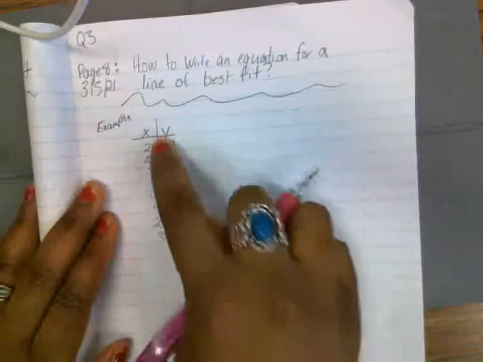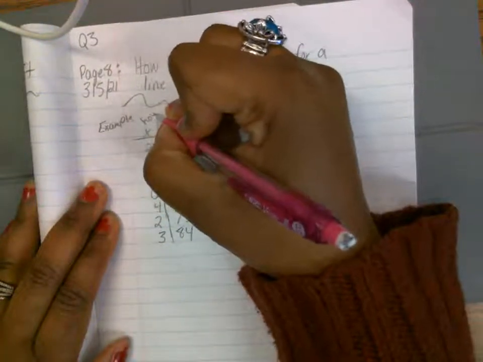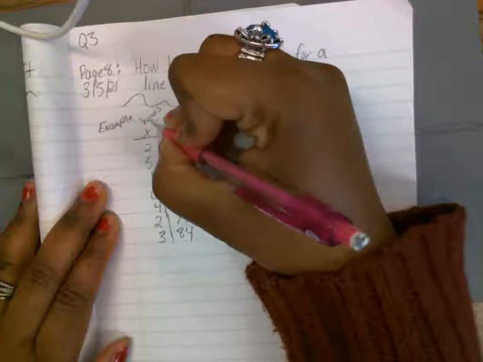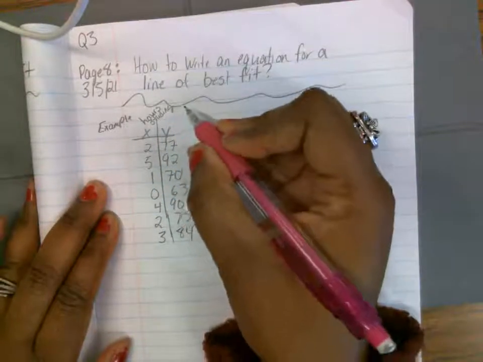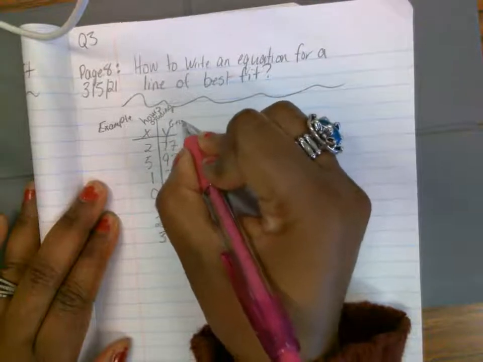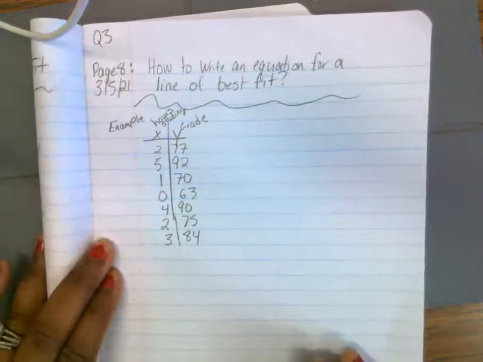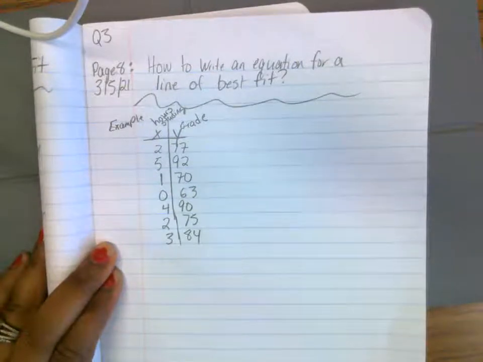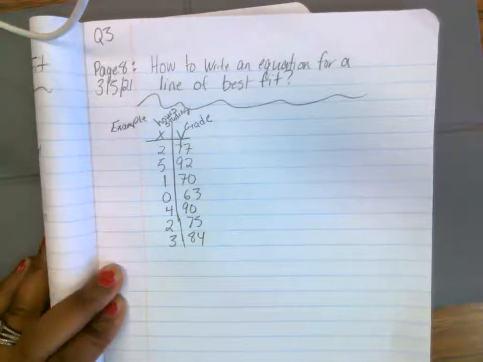The X, we're going to say represents the hours studying. And the Y is going to represent the grade. So we are comparing two quantities, the hours studying and the grade. And I'll pause to give you a chance to write. All right,